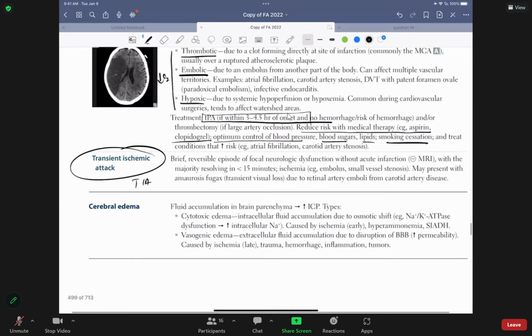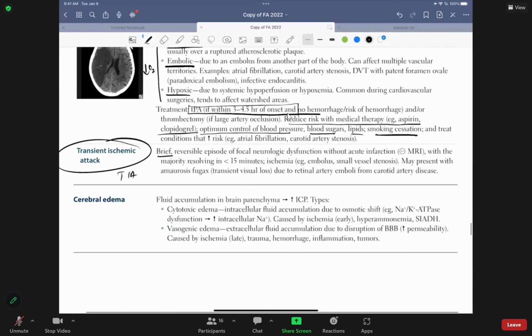Okay. Now, if you see, it's a brief, reversible episode of focal neurological dysfunction without infarction. Now, they say it's less than 15 minutes. It's actually sometimes less than a minute. Let's say you are sitting in a coffee shop drinking coffee. For like 10 seconds, you pass out and you come back. 10 seconds. What do you think when it happens? Oh, I'm tired, I'm falling asleep. That's what's called TIA. It's like a quick thing, right? So that's the idea, folks, okay?